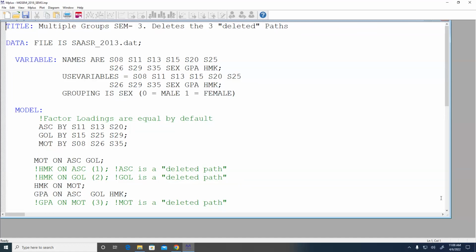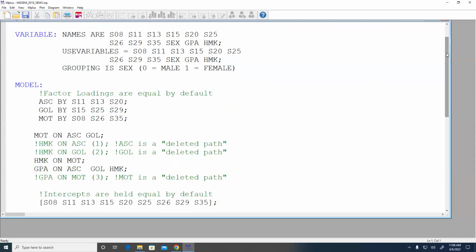Okay. All right. So the next step, in model 3, is to delete those paths. How do I delete those paths? Well, I just get rid of them out of my code, right? I'm not going to make reference to those paths in either section of my code. So I just take them out altogether. Deleting them is pretty easy. So what does it look like when I delete those 3 paths that have already been constrained? Now I've got a chi-square with 80 degrees of freedom.